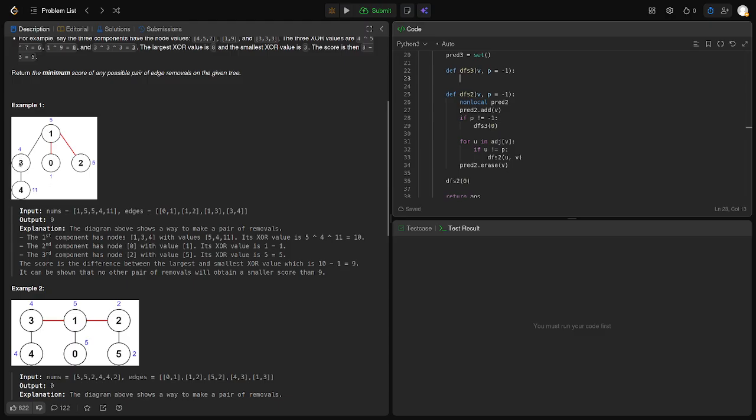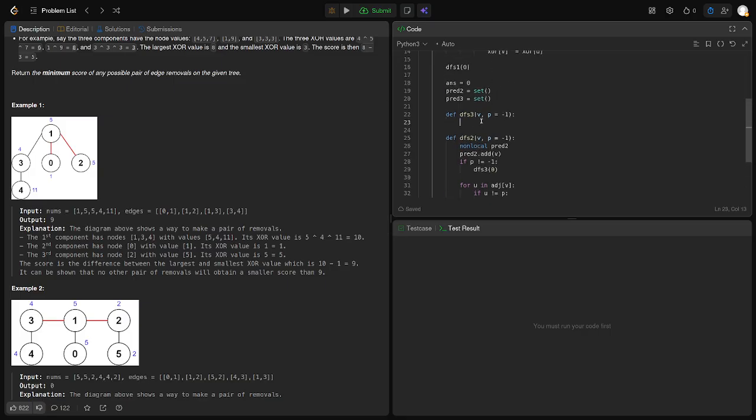Let's say we are here, or yeah, we are here, and there is no point in doing this. When we are here, we will just check this, right? So we avoid double checking by that, and we don't need this. We just do if v not in pred2, then